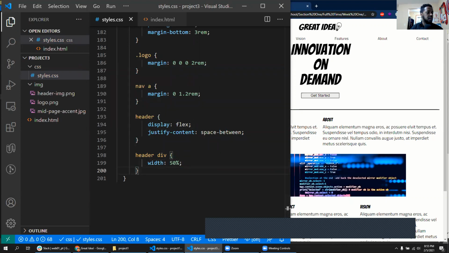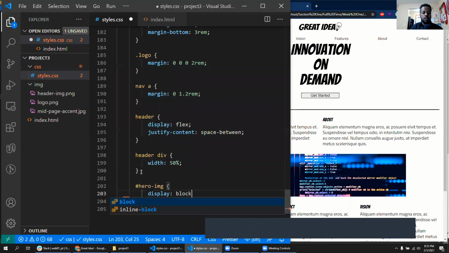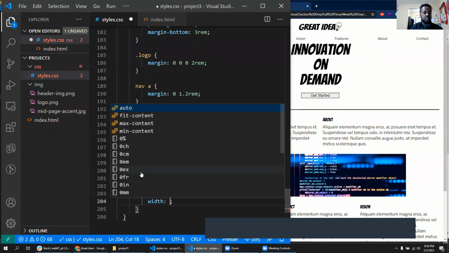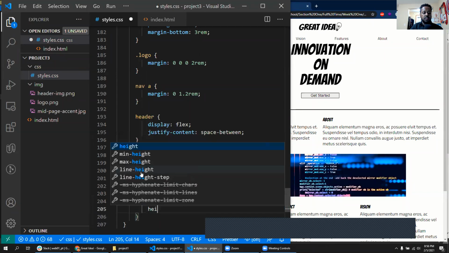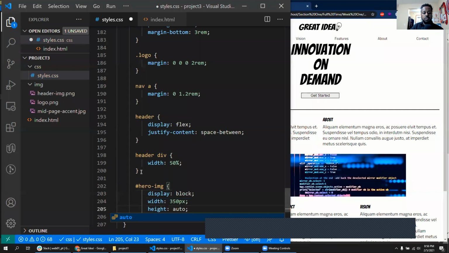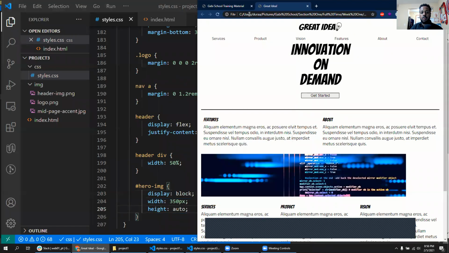And okay, after that, the only thing left is the image, the big image, and that was a hero image, and we'll give it display block. You can give it display block because it's not a flex container. So it's not in a flex container, so we can give it block. So we'll say width, and we'll give a width of 350 pixels, and we could give a height of auto. So now things should become normal